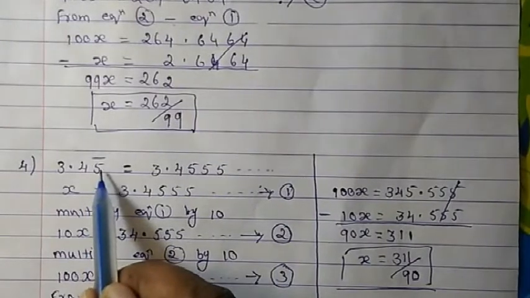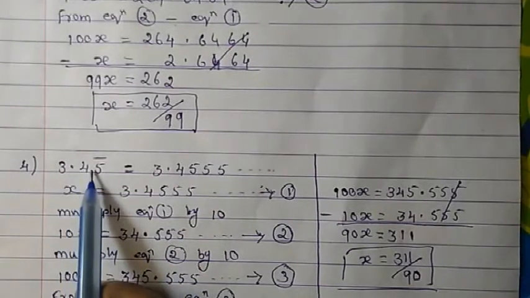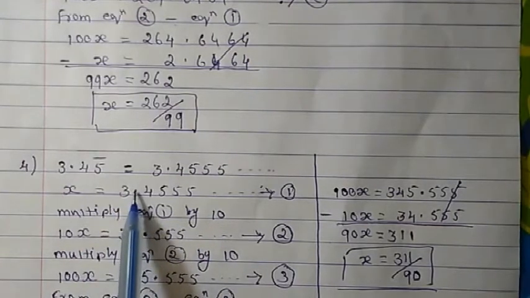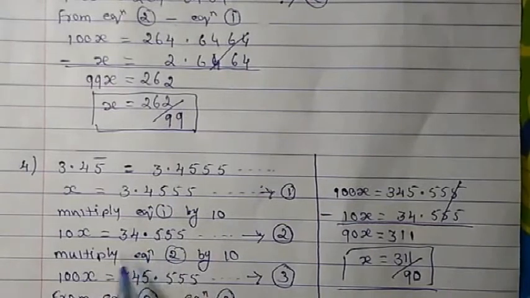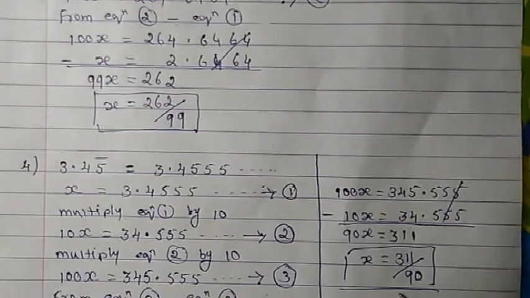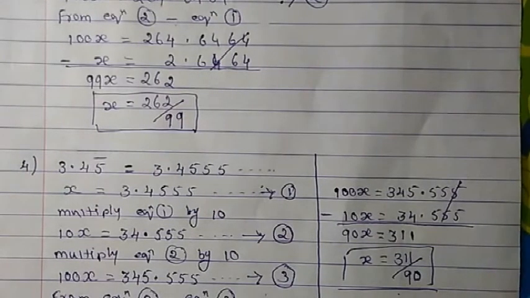And if one digit is being repeated and one is not being repeated, we'll go step by step. First we bring this decimal one digit ahead. So we multiply by 10, and so we shift the decimal one digit ahead. Then second procedure, we want to shift this decimal again one digit ahead. So again this equation we multiply by 10, and then we get equation 3. So then from equation 3 minus equation 2, you will get the PQ form. I hope children you have understood this concept. Just don't get confused. Just remember the method, and then the sums will be easy.